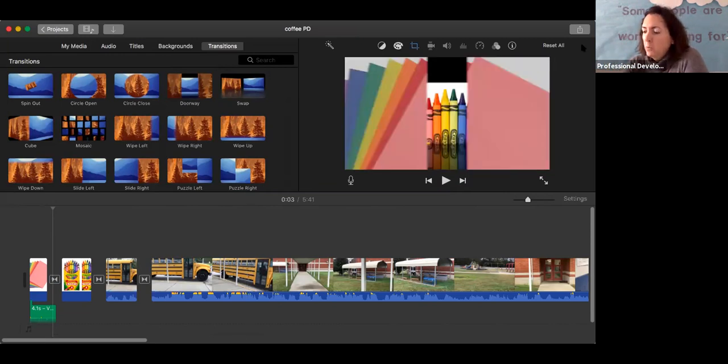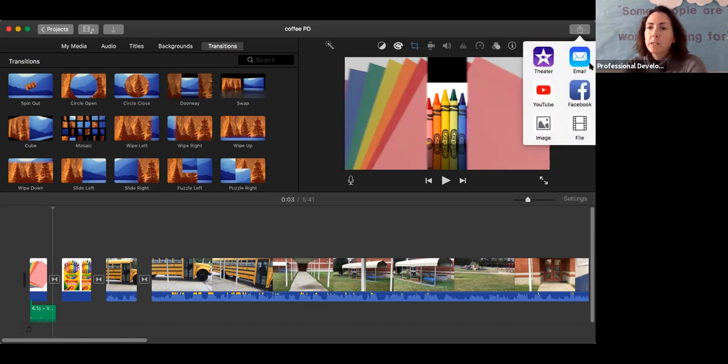So the last thing I wanted to share with you is how do you get this off of iMovie? So go to the top right-hand corner, the little box with the up arrow, and you're going to share it. So I'm going to click on this. And this is something I've played around with a lot. I have not been successful sharing it directly to YouTube, and that's fine. So I just normally go into File. I click on File,